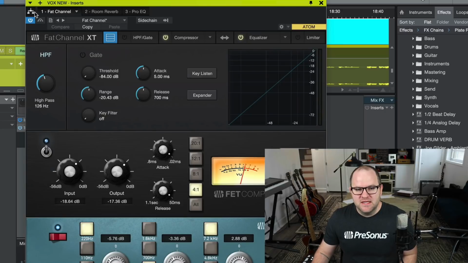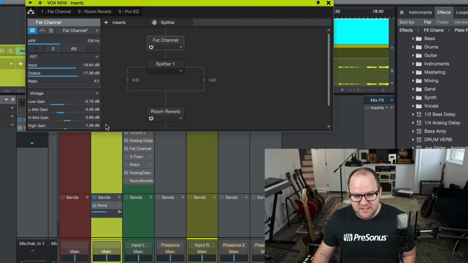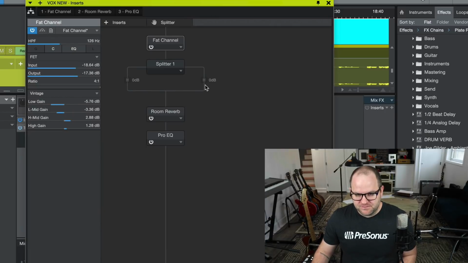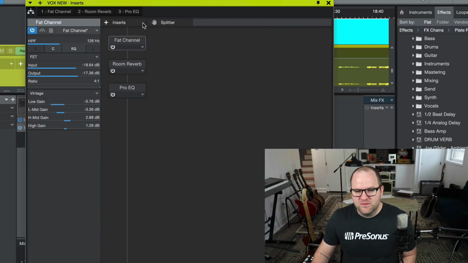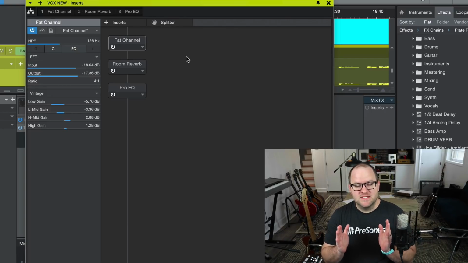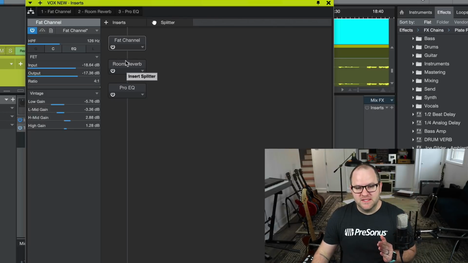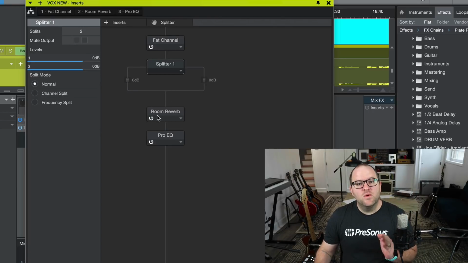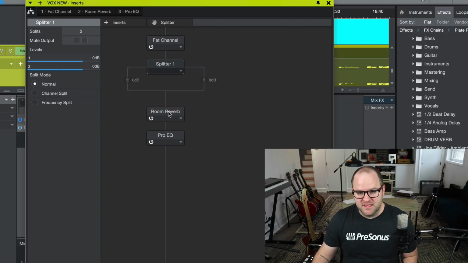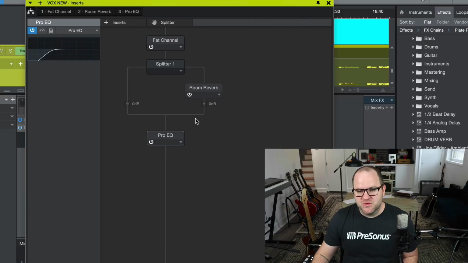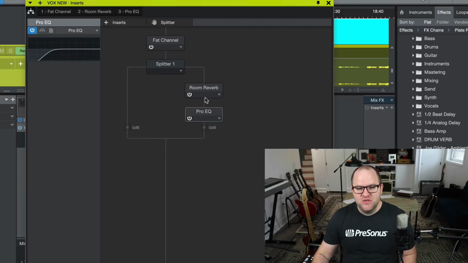Let's open up the plugins, click on this little, almost looks like a family tree tool up here, that's for routing, and you get this window. So when you first open it, it looks like this. Here's what I want to do. I want to split the signal. I want to send the dry signal all the way through like this. And then I want to send a copy of the signal through the reverb so I can just EQ what that reverb sounds like. So the way I do that is I drag the reverb and its EQ over to